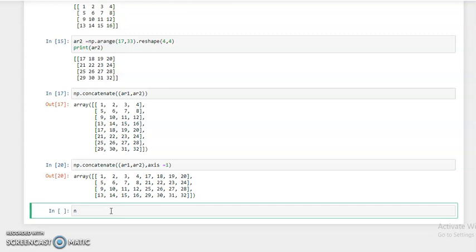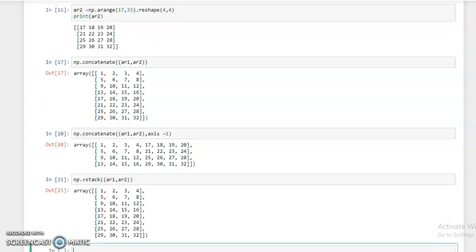For this we call the vstack function, np dot vstack, and then pass array 1 comma array 2. Okay, and then run. Okay, you can see here the vstack means vertical stack.